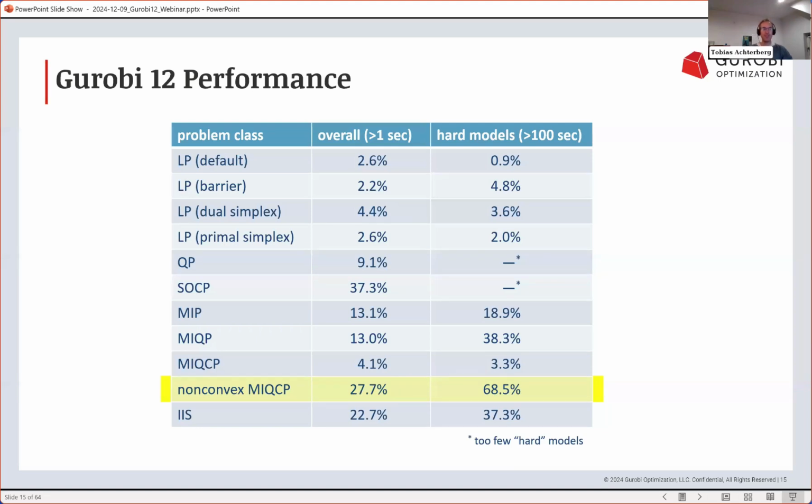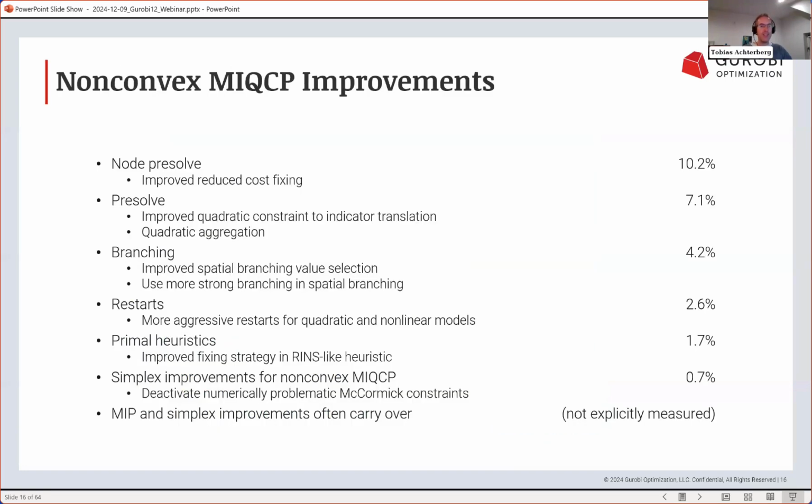Okay, let's talk about non-convex mixed integer quadratic constraint programming, where we again see a pretty nice improvement. So 27.7% overall with 68.5% on the harder models. And when we look at the list of individual improvements, then it's pretty much similar to mixed integer linear programming